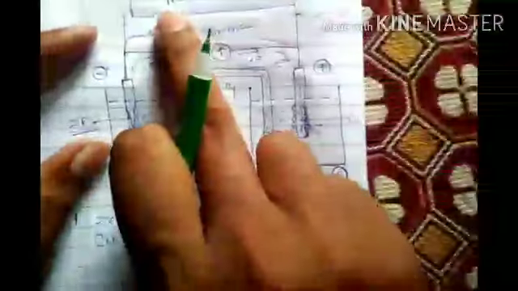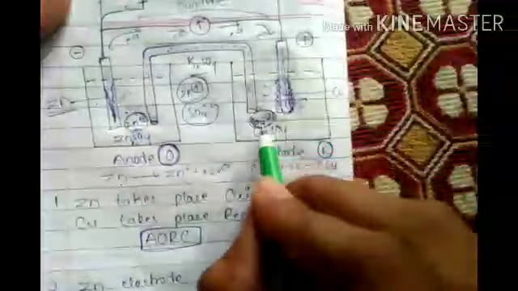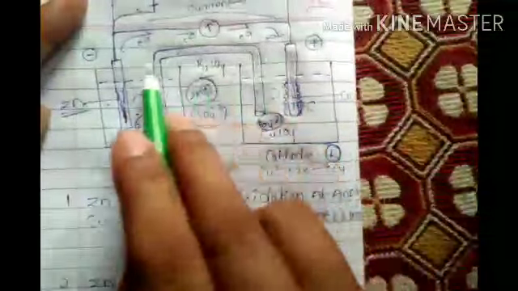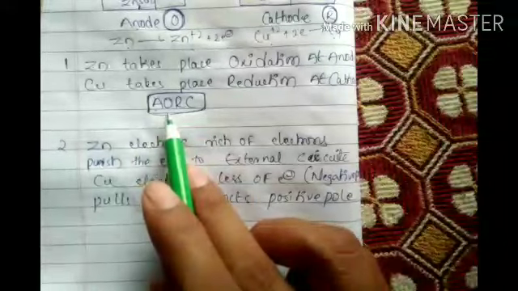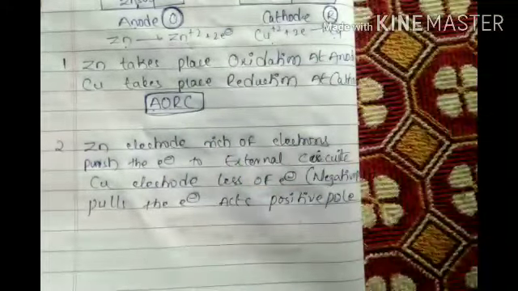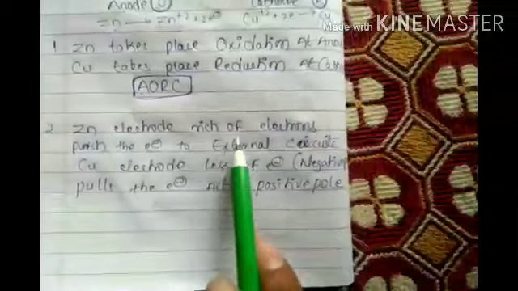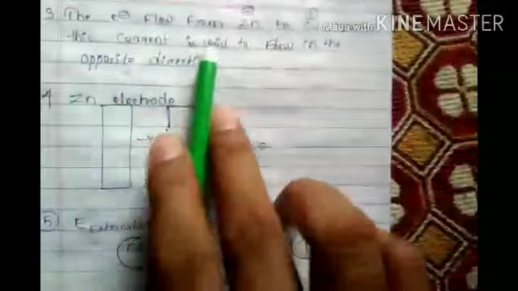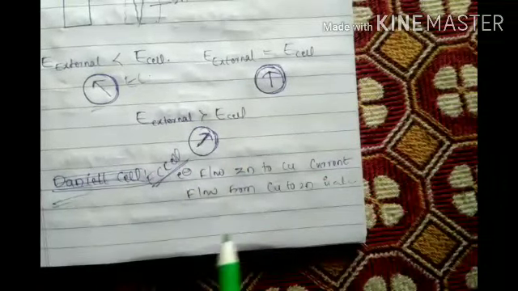For the external circuit, for testing this cell, it is zinc sulfate, zinc rod, copper sulfate. The flow of electrons is quite opposite to current. Remember that in Zn oxidation takes place and in Cu reduction takes place. The Zn electrode, rich in electrons, pushes electrons into the external circuit. Electrons flow the opposite way. This is the flow chart of the external circuit and E cell.